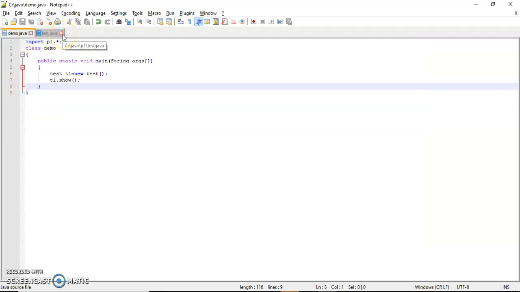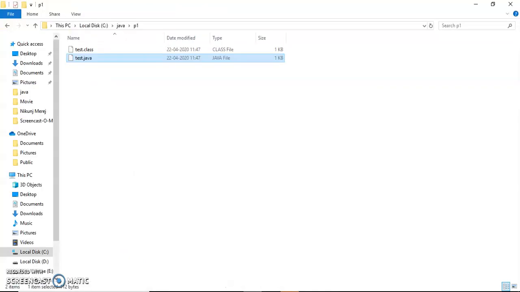Now see, at this location the class file is also generated after compile. Now I remove the class files for both.